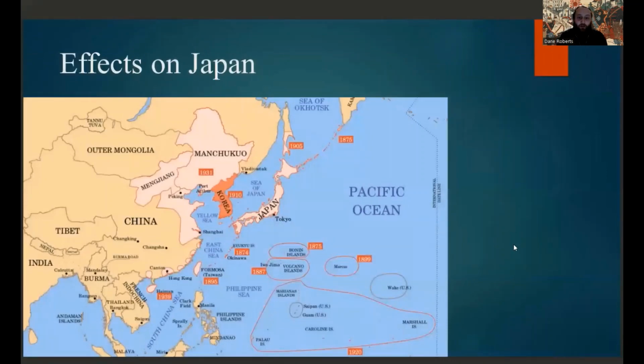And of course, now after looking at the reception around the world, we now have to look at the effects it had on Japan. And the effects it had on Japan were pretty straightforward, i.e., it was alongside the successful invasion of Japan and the acquisition of Ryukyu and the Ainu during the early stages of the Meiji era. It was now the beginning of the rise of the Japanese Empire. I'm sorry, the Japanese Empire had already begun to rise, but it was like the first nail in the coffin of